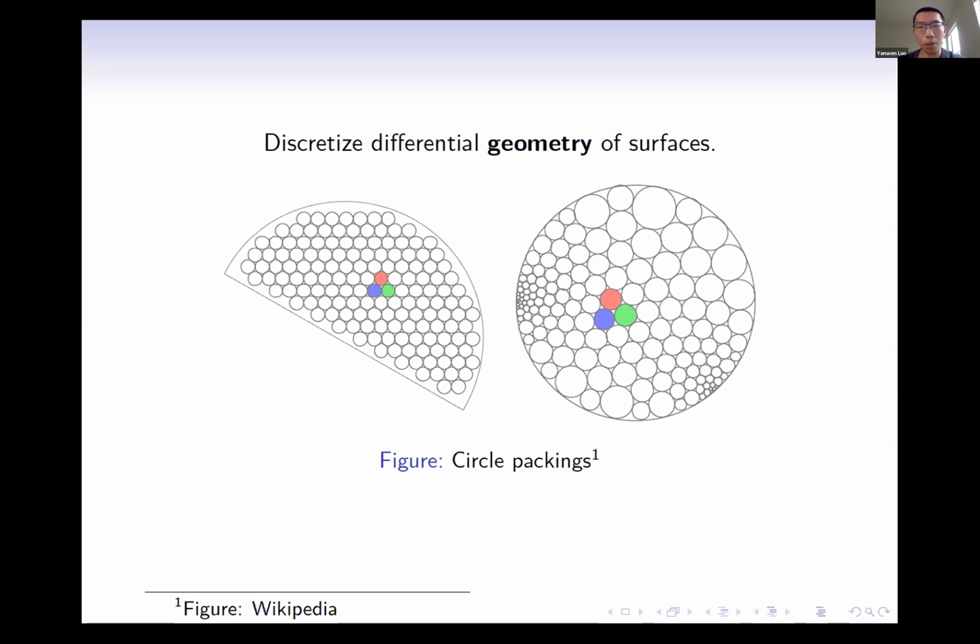From this idea, we already have a rich theory like discrete Laplacian, discrete conformal structure, discrete minimal surface, something like that. Hopefully we're going to see more in this workshop. But I'm going to switch gears a little bit and ask something else: is there any reasonable object in another field, differential topology of the surface, that we can try to discretize? There are a lot of candidates, but I'm going to focus on only one thing,